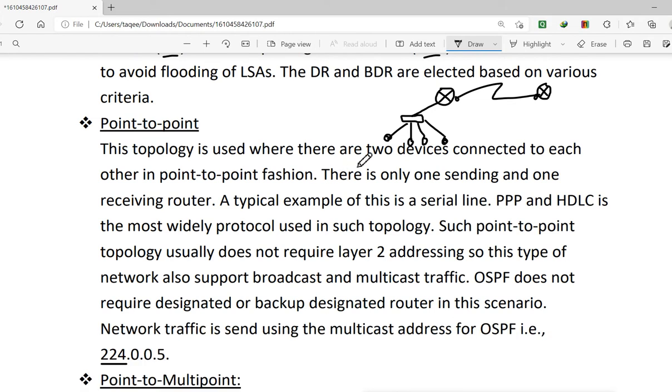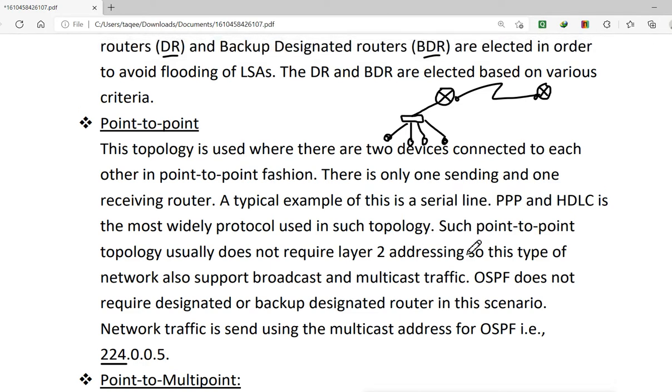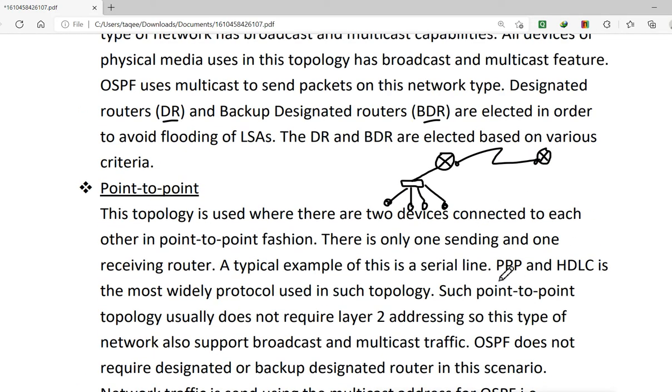In this topology, it is called point-to-point topology, where two devices are connected to each other in point-to-point fashion. Two protocols are widely used, point-to-point protocol or SDLC protocol. These protocols work on this topology to send the data, to encapsulate the data. And there is no MAC address here.